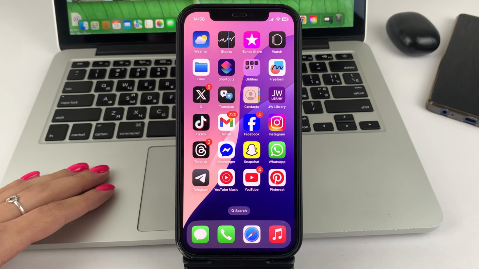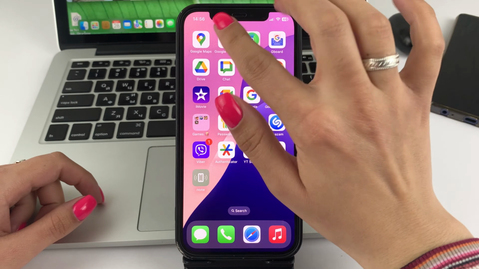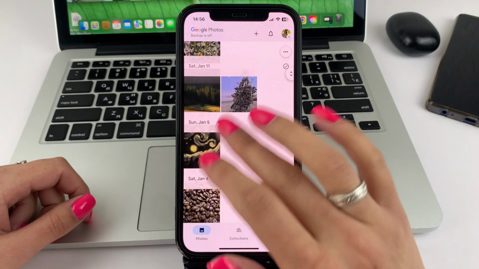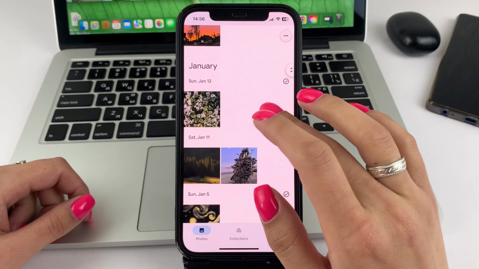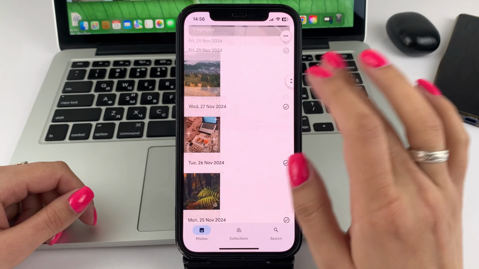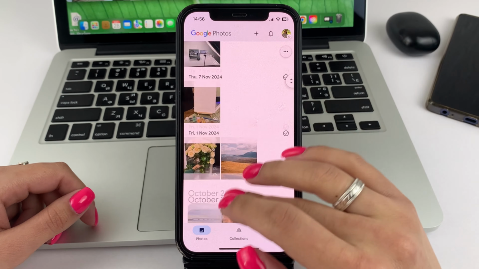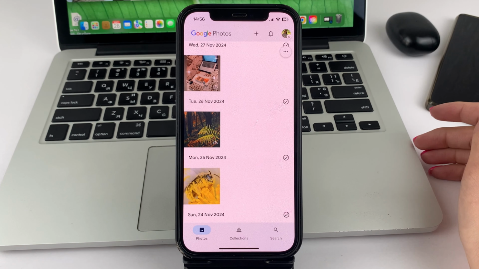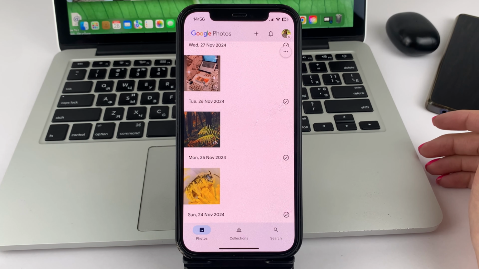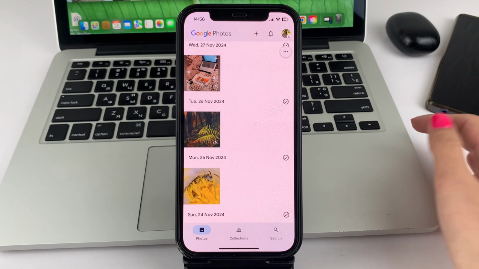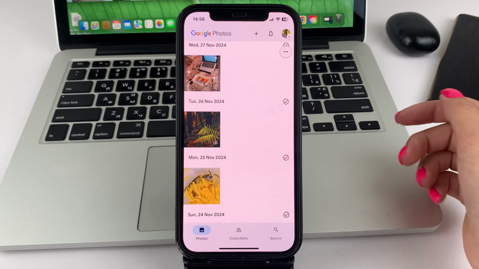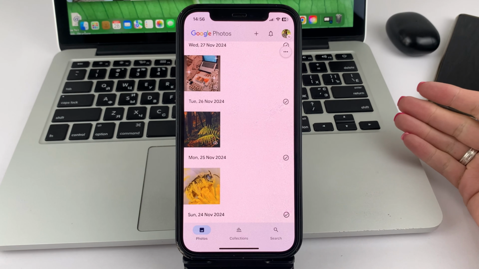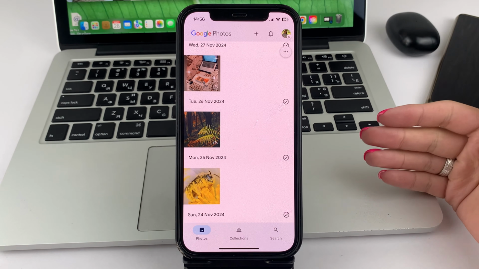And first of all, you will need to open the Google Photos app on your device. When you open it up, here you'll be able to see a list of all the photos that were copied to Google Photos. But often these are only photos that have been copied from your own device, for example. And there may not be some old photos that you may have copied from other devices, perhaps from a computer, another phone, and so on.